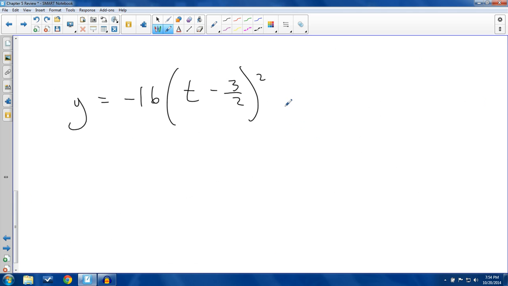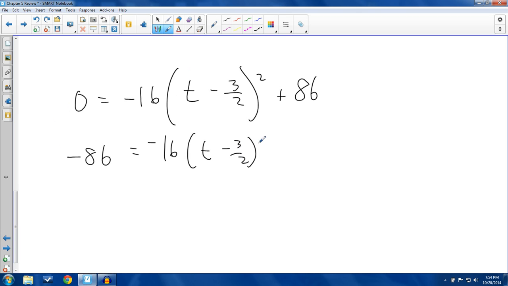Quantity squared plus 86. We're trying to find this out when y is equal to 0. So let's solve for t. Let's get it by itself. Subtract 86. Negative 86 equals negative 16 times t minus 3 over 2 quantity squared. Divide by negative 16. And we get, oh